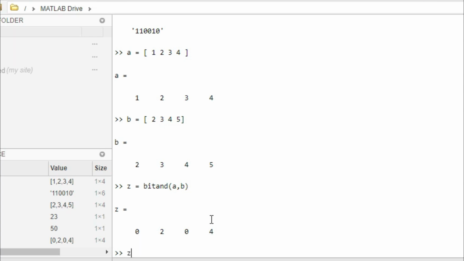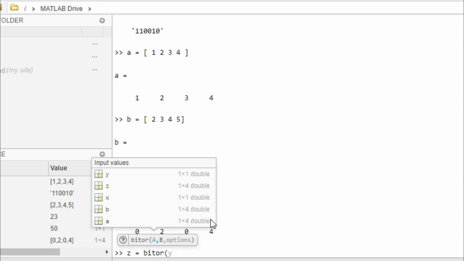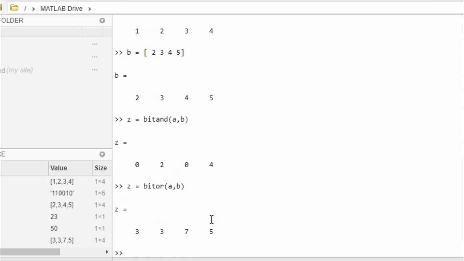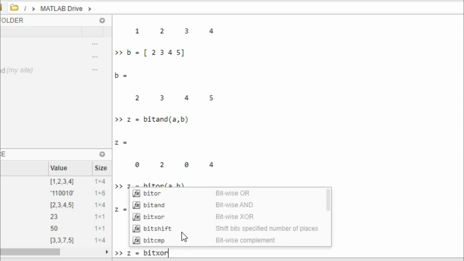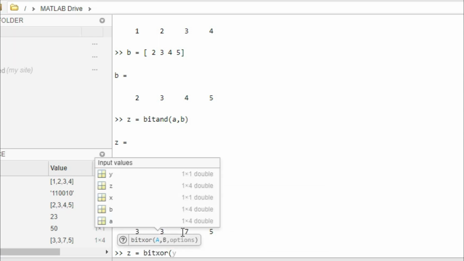It gives 3 3 7 5, that is the bitwise OR of a and b. Let's try bitwise XOR, z equal to bitxor a comma b.